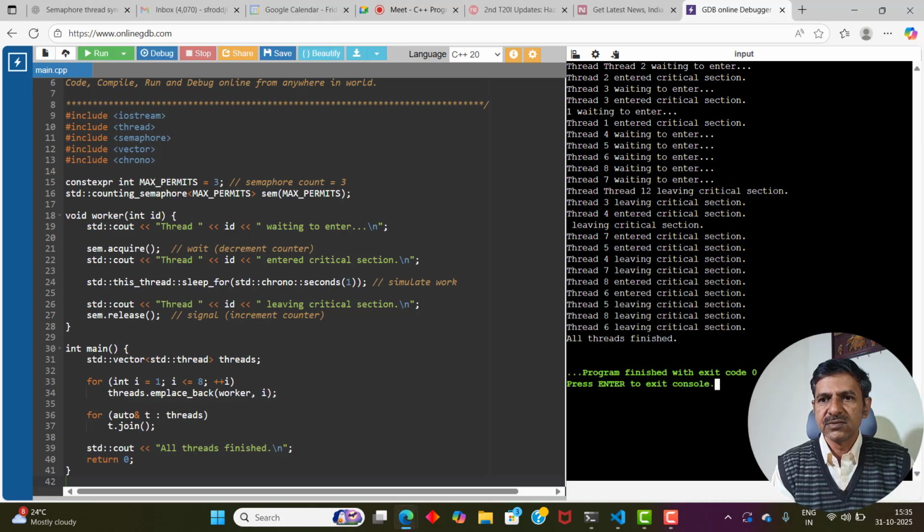Okay. So thread 2 waiting to enter, thread 2 enters the critical section, it gets the semaphore. 3 also waiting, it enters. 1 waiting to enter, it gets the critical section. Now as you can see, all the 3 semaphores are busy. Threads 4, 5, 6, 7, 8 are all waiting. So they cannot enter until one of them releases. As you can see, if you go down this list,